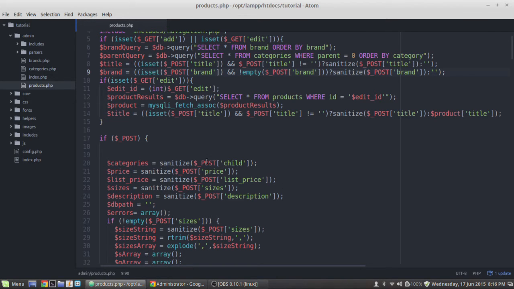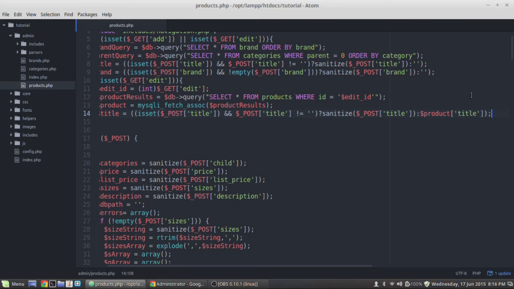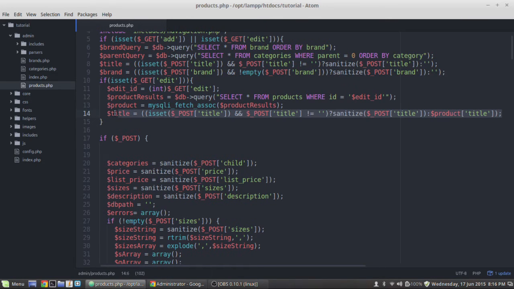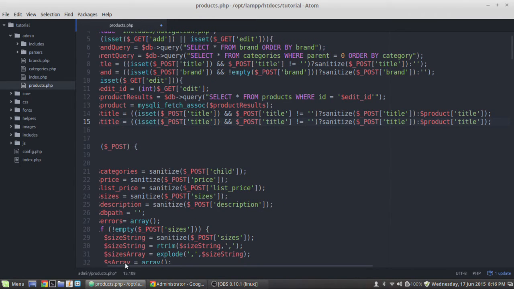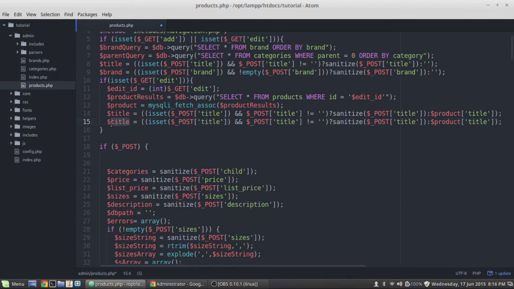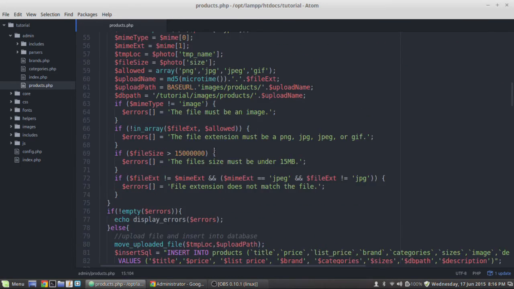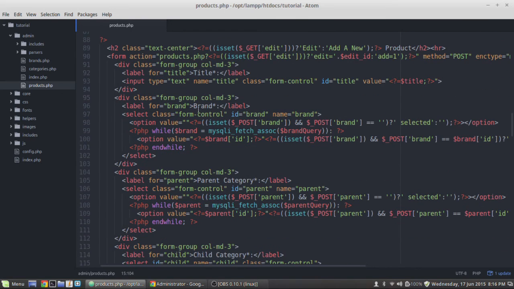Okay, and then right here after this title, we're going to go ahead and copy this entire thing here. We're going to do a lot of copying and pasting now because we don't need to rewrite this every time. But what we're going to do is change this to brand, brand, brand, basically changing every instance to brand here. So now if I go down in the form and find brand, which is right here,